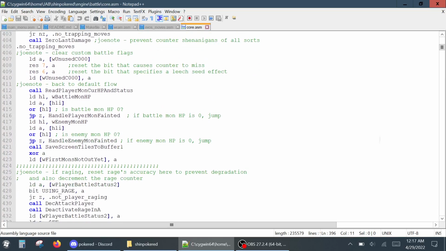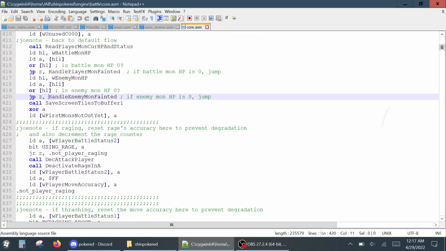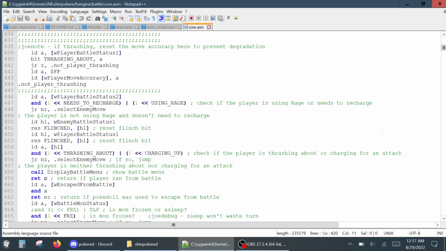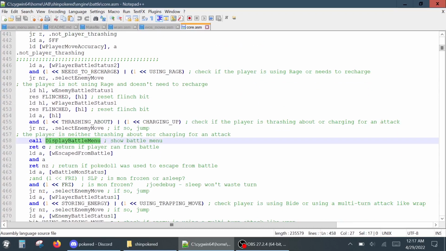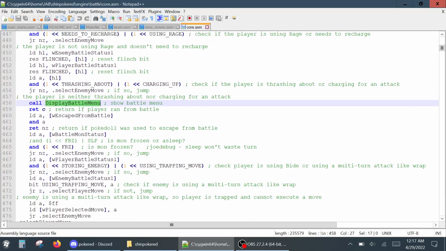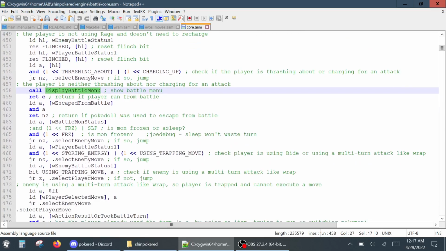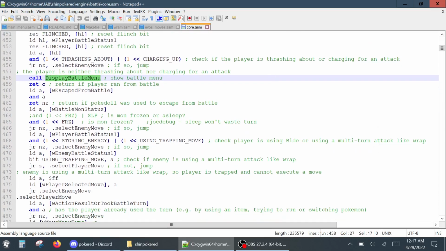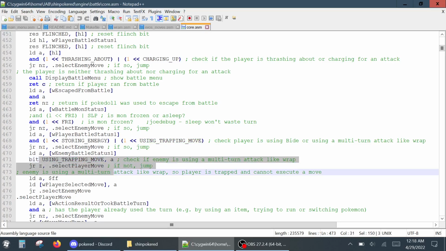So we go down here, and I'm looking for... Here we go. Display battle menu. This is where your battle menu is shown. And if we go down a bit in operations, we see bit using trapping move. And what does this do? Well, if the menu comes up